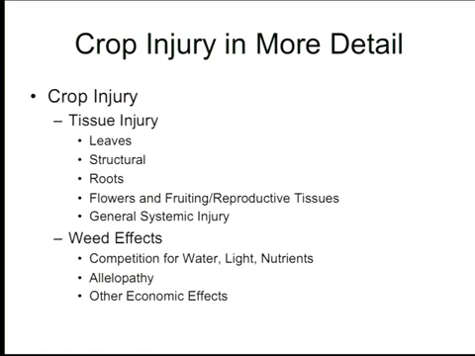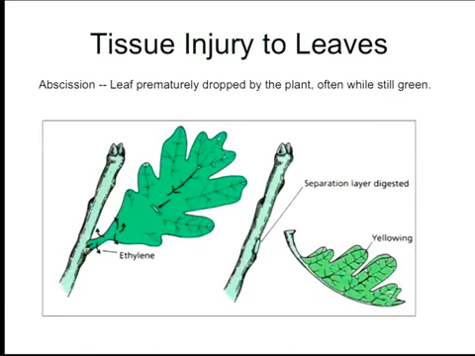Okay, so the injury now, there are different types of injuries. You have tissue injuries, where the leaves, or the roots, or the flowers, or the fruits are affected by these organisms. They eat them, they make holes, they mine them, they penetrate them, they go inside the fruit and they start eating the stuff. So here, for example, you would have different types of tissue injuries that I'm going to show you to leaves next.